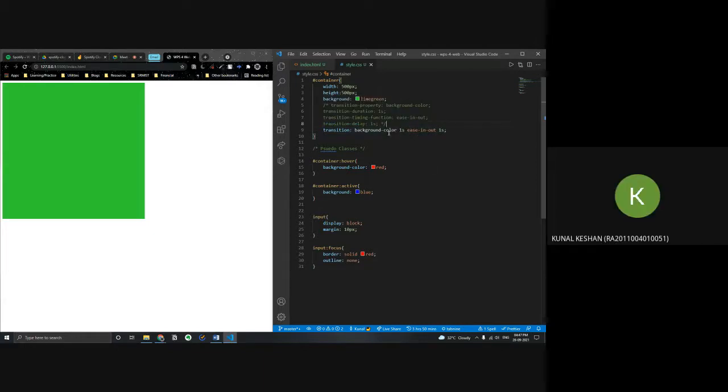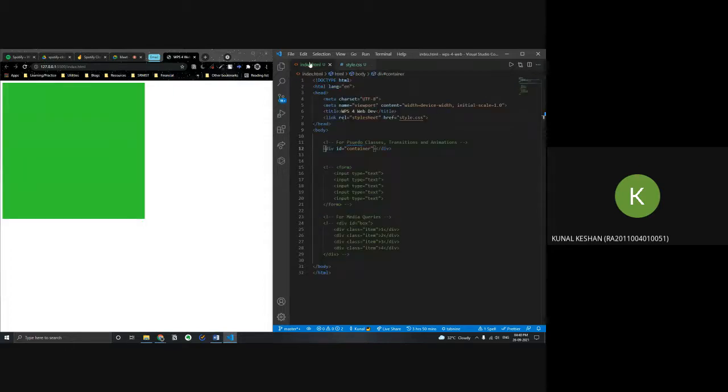You're not only limited to background color. In case you have many properties changing on hover, like the margin, you can put them separated by a comma and then put margin over here. Or if you want all the properties in the hover to change, you can just simply put all. That means whatever is transitioning will get changed. You see, it still works like that. All right. For now, this is about transition. I'll just comment this out, and we can move on to keyframes and animations right now.